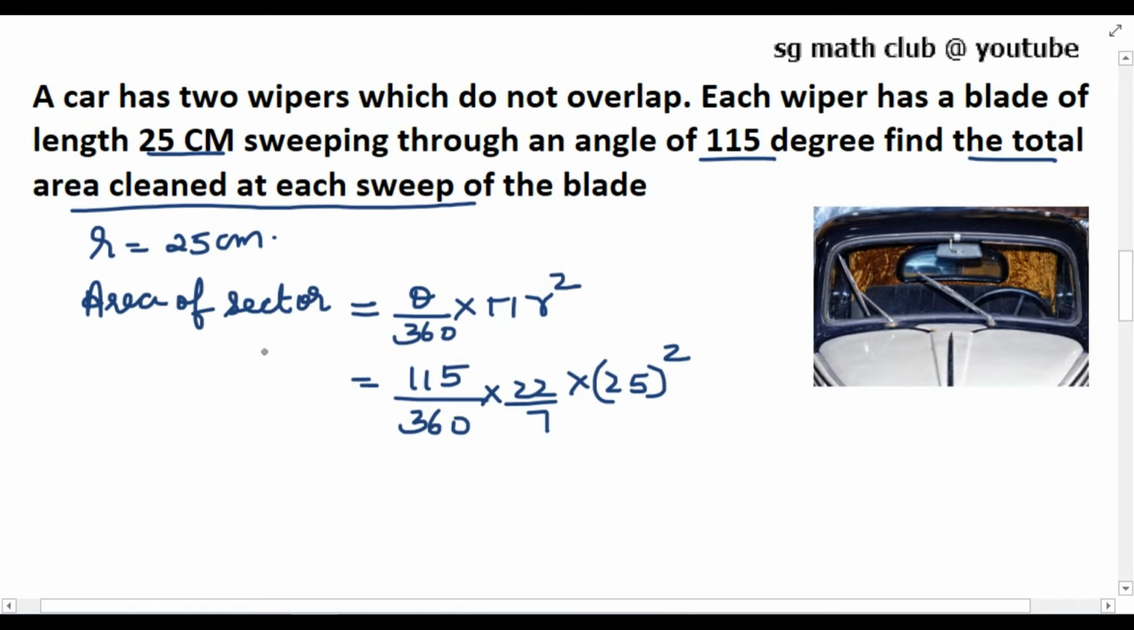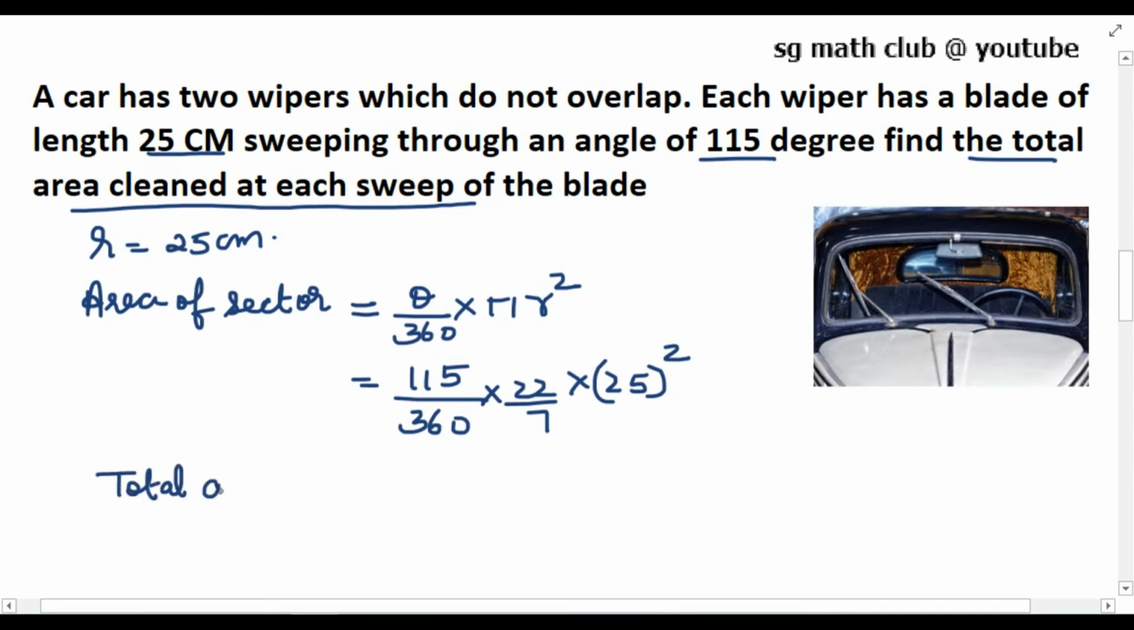So this is the area of the sector or area cleaned by each sweep of the blade. Now the question is, we need to find the total area cleaned at each sweep of the blade. There are two blades, so the total area cleaned at each sweep of the blade will be equal to,